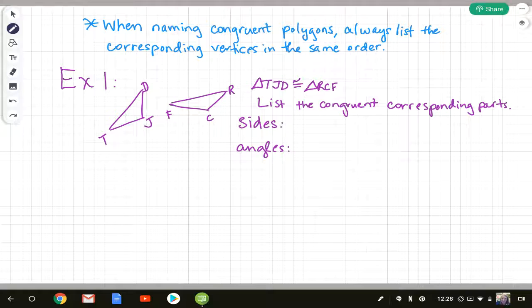Sometimes if I know which parts are congruent, I will have to come up with what order to put the vertices in. So this time in example 1, we are given that triangle TJD is congruent to triangle RCF. So if you look at the order that these are listed in,